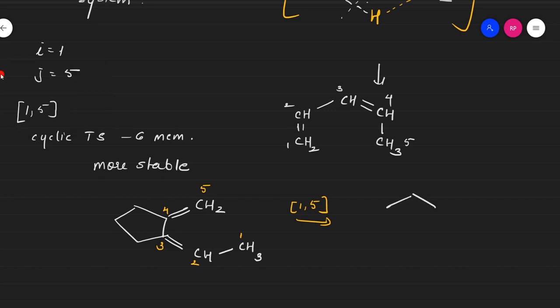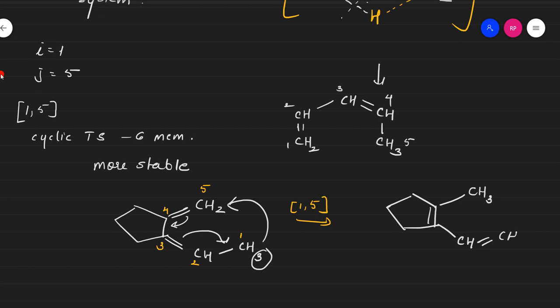The rest of the structure you write as it is, right? Wherever there was the fifth position, there you will be shifting your H over here. So CH3, now just shift. If this H shifts over here, this bond shifts over here, this bond shifts over here. So you can write it this way. Initially where there was a double bond, now there is a single bond, and wherever there was a single bond, there is a double bond. It is as simple as that.